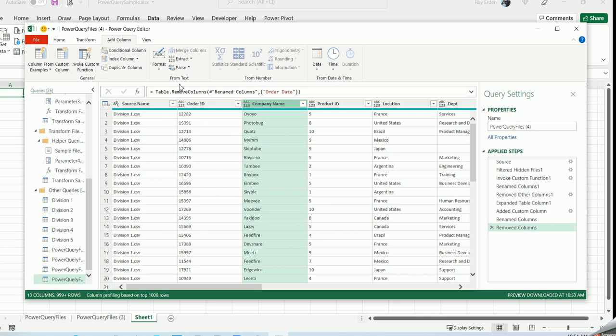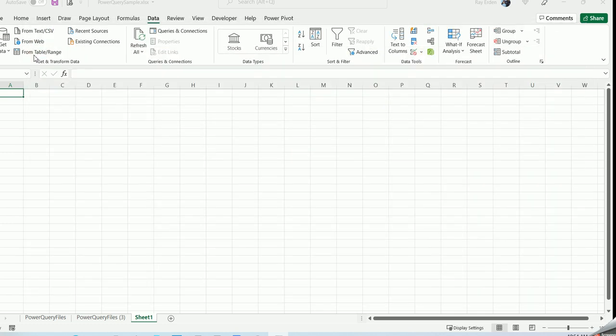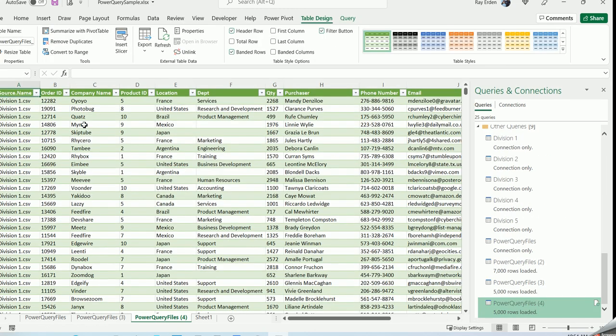So with that, I go to the Home menu item, and here's the option. It says Close and Load. You do that once you're happy with the setup here. I was able to do what I wanted to do. I put the US format, so I'm going to click. There you go. I'm going to choose that. So it's going to go ahead and populate